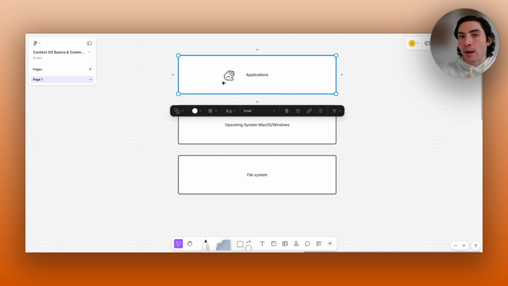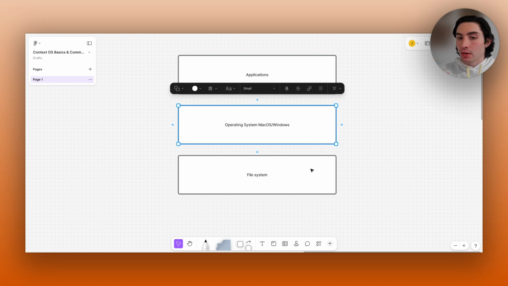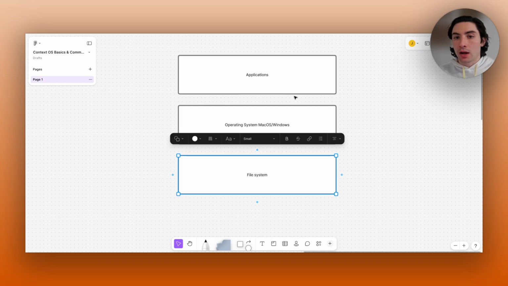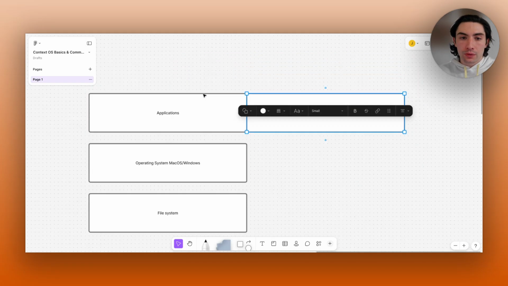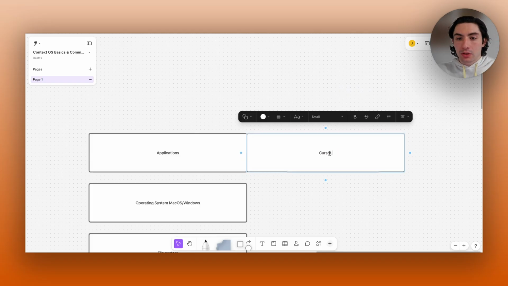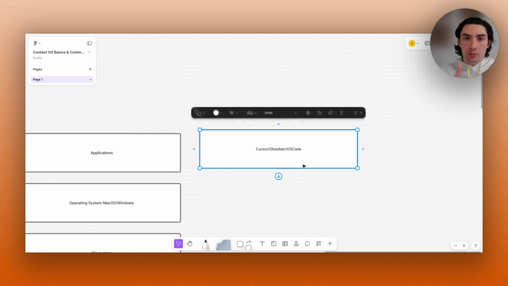So we're like, oh, what app should I use? The most important layer now is actually the file system, because now our application, Claude Code, is going to get rid of, let's say, I'm going to say this is Cursor, Obsidian, VSCode, whatever. By the way, Cursor and VS Code are called integrated development environments. That's what that class of application is called.